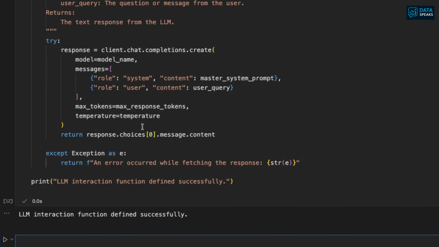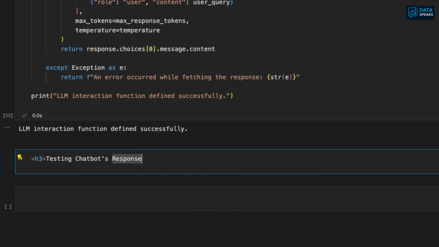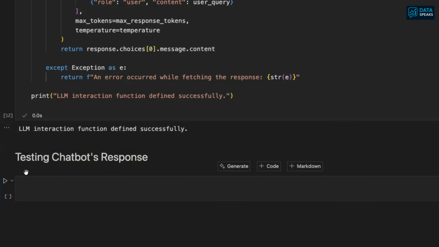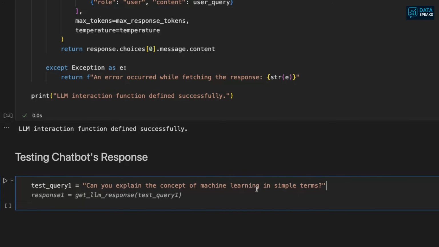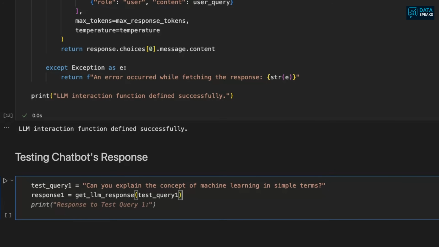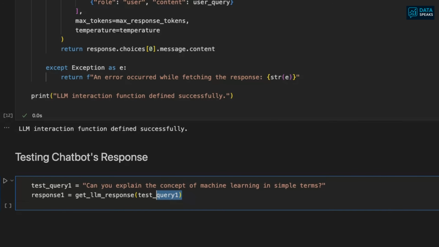Technically we have already created our large language model skeleton. Now it is time to use it for our questions and try to see if the LLM is responding in the way that we expect the LLM to respond. So here I'm calling out testing chatbot's response. So I will ask a couple of questions to the chatbot. I will call test query 1 equals, I will say, can you simply explain the concept of machine learning in simple terms? And then I will ask the large language model to